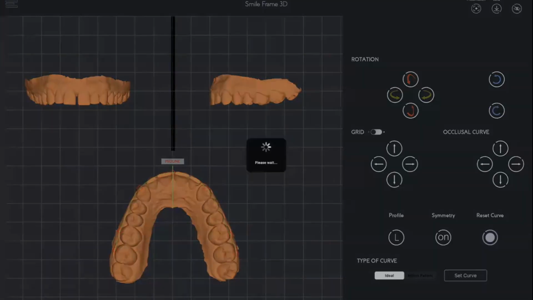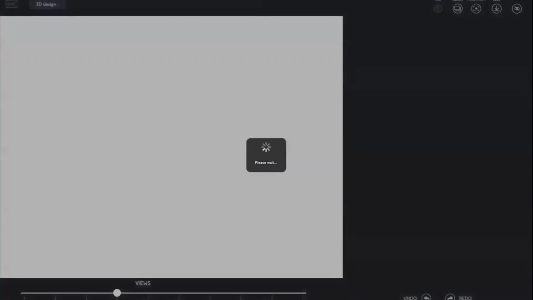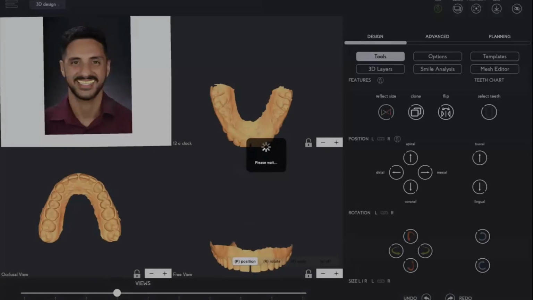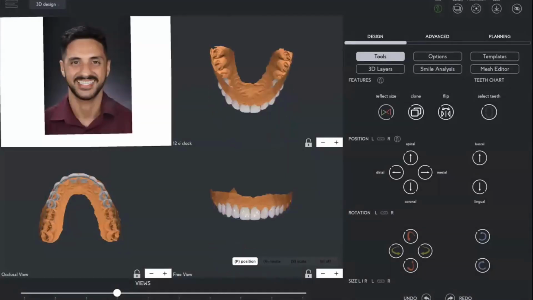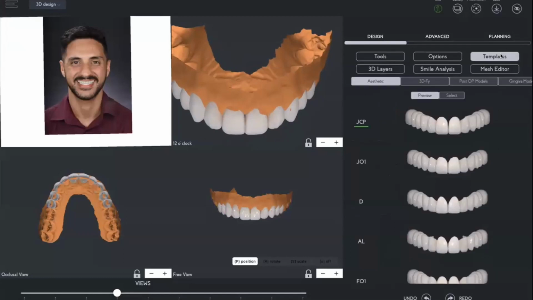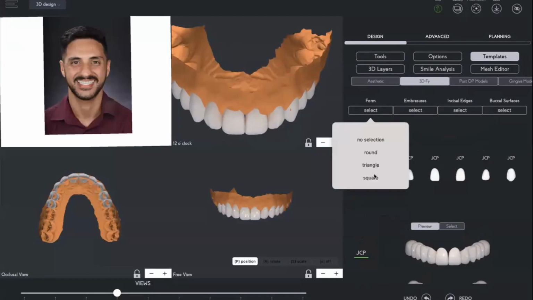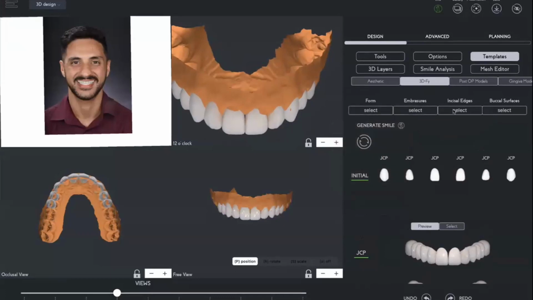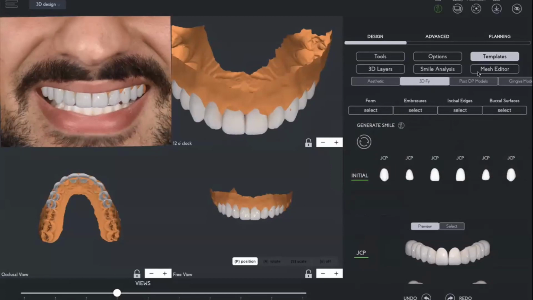And now we go to the next step, two clicks, and we calculate the 3D smile design. Boom, done. We do have now the 3D smile design. We can discuss with the patient now the templates, the form of the templates. What do you like? Do you like round, triangle, square? Do you like the open embrasures, closed embrasures, incisal edges, buccal surfaces? So we can discuss all these details with the patient. When the patient says, actually, I like the smile, that's fine, good. Then we need to